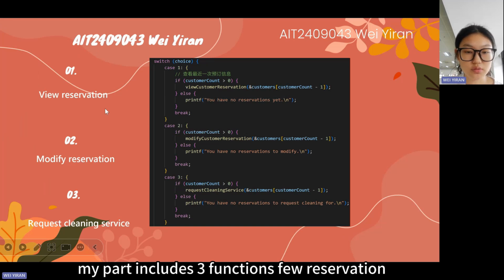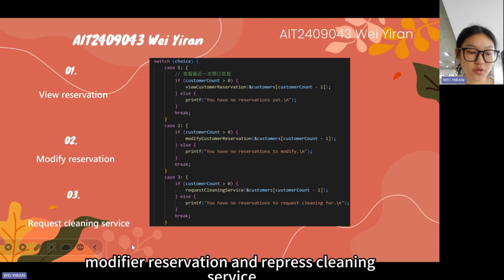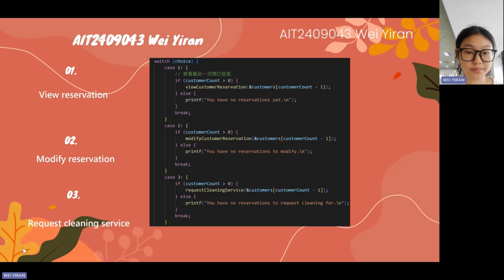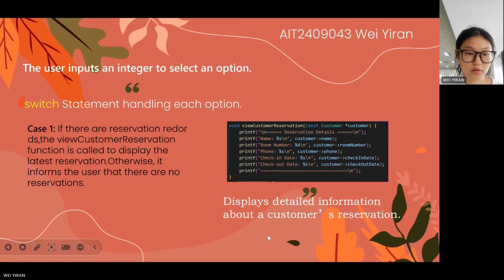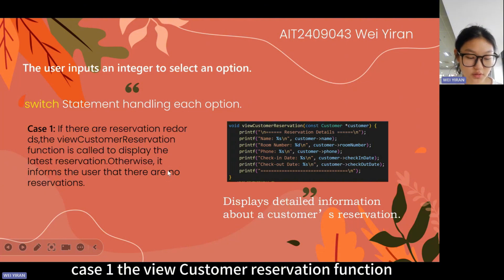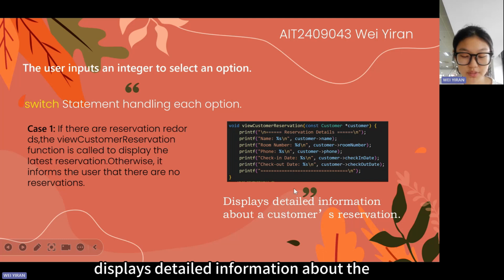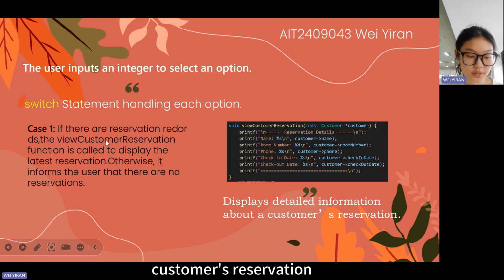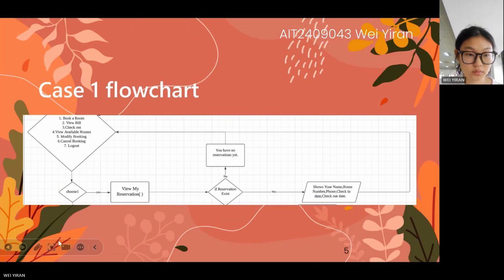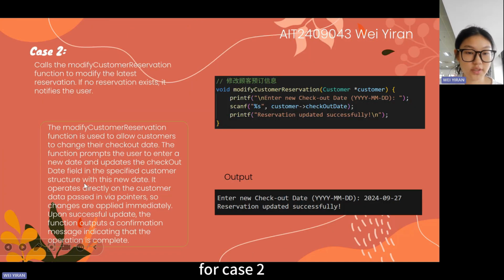My part includes three functions: view reservation, modify reservation, and request cleaning service. For case 1, the view customer reservation function displays detailed information about the customer's reservation. And here is the flowchart. For case 2,